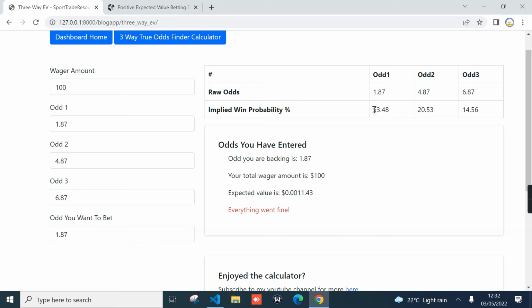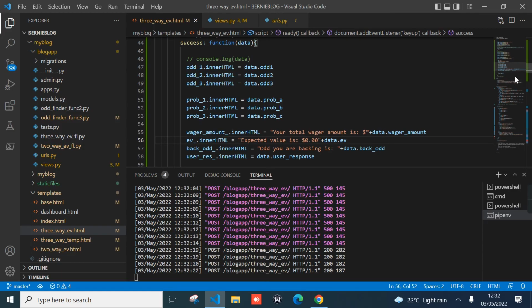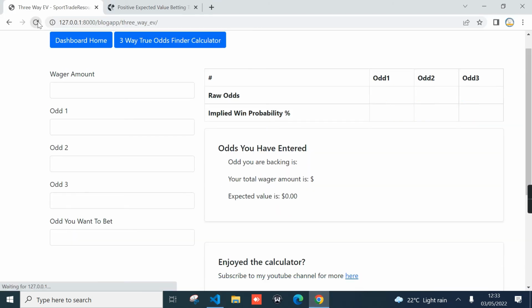So I can see the implied win probability of each odd displayed from the bookmaker's website. And then I can get the expected value displayed right here. And we have a little bit of glitch there, so I can just go and modify, and I know where our problem is. So it should remove this and remain with the dollar sign only. So if I reload,